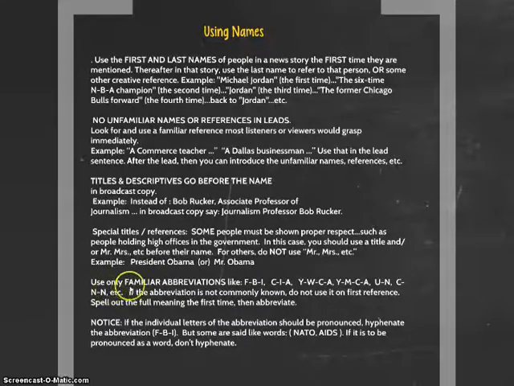Okay, when you're using abbreviations, you should make sure that they are well-known abbreviations like FBI, CIA, YWCA, so on and so forth. If it's not commonly known, you should write out what it means before you use the abbreviation. And also remember that if the individual letters of the abbreviation should be pronounced, then you should hyphenate them between each letter. And if it should be said like a word, like NATO and AIDS, then it should be written out without hyphens.